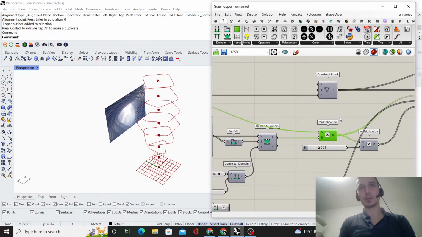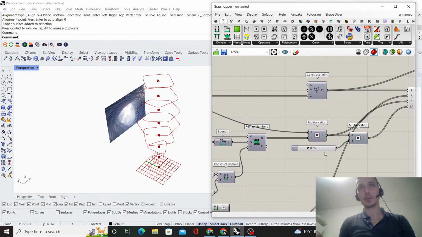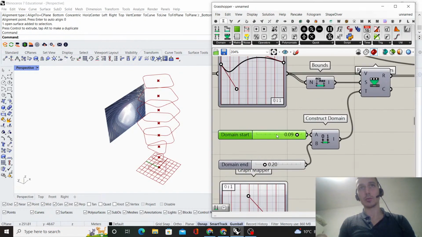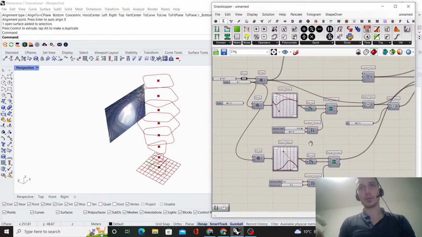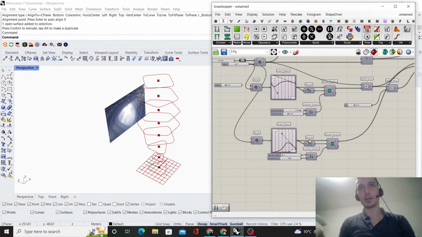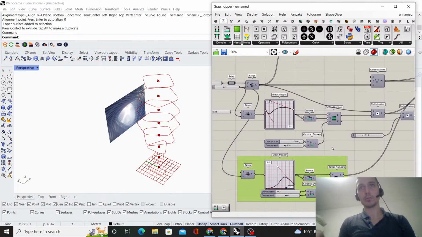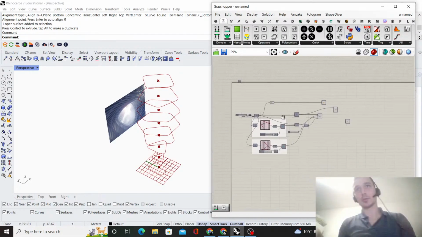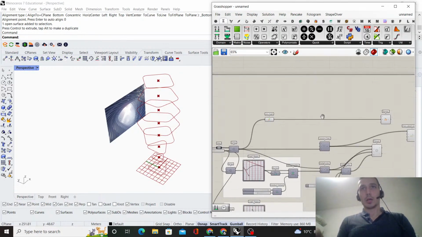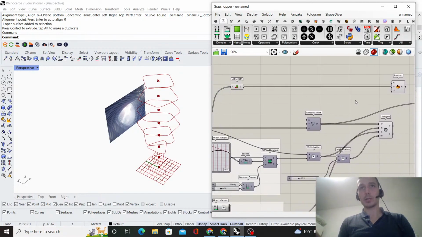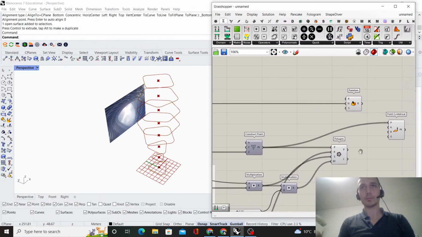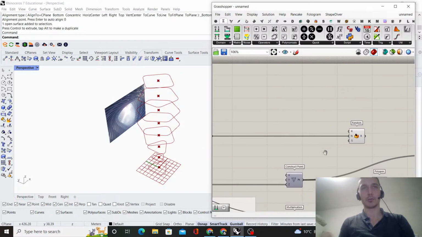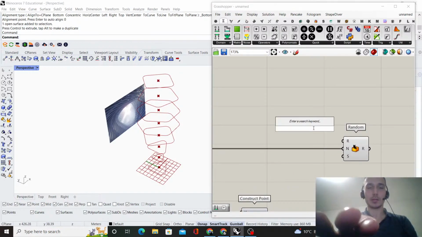Yeah, let's clean it up a bit, just to make sure it's a bit more ordered. So yeah, let's bring it here, and delete this. Yeah, looks fine to me. Okay, so now we're gonna add some randomness to the center of rotation. So let's